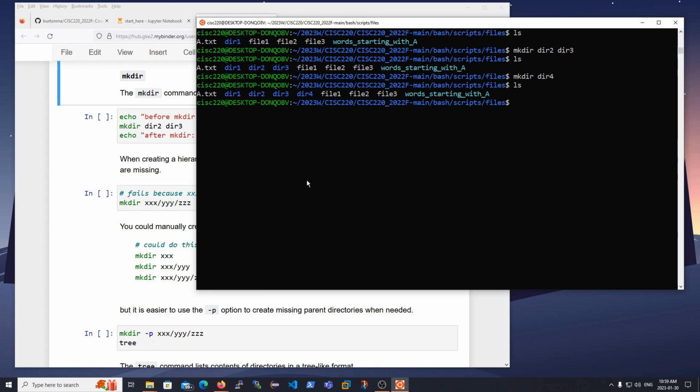If you wanted to create a hierarchy of directories, so for example, a new directory, and that directory has a new directory, and that directory has a new directory, and so on, you have to pass an option into mkdir. So for example, let's try the notebook example here. I'm going to make a directory xxx, and inside that directory, I want a directory called yyyy, and inside that directory, I want a directory called zzz,